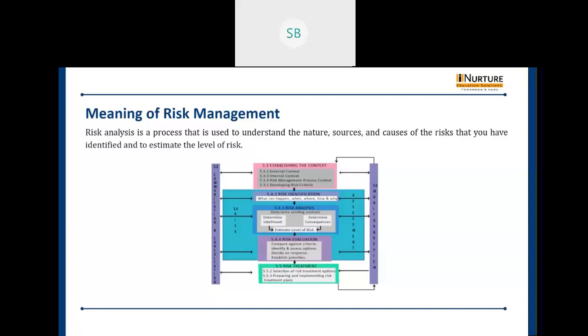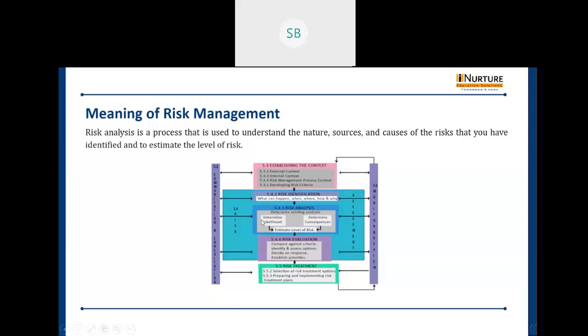Now the diagram you are seeing is according to ISO 31000. Basically, it's a risk assessment process. You have already gone through it from the first module, the risk management process. So these were the 7 steps included. Though I don't know why it's mentioned here as 5.3. Whatever the 7 step process we studied, it's the risk management process.